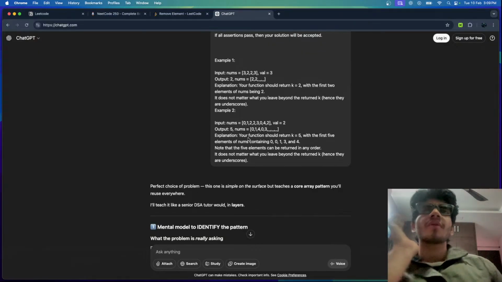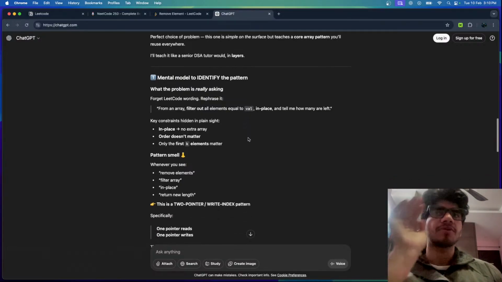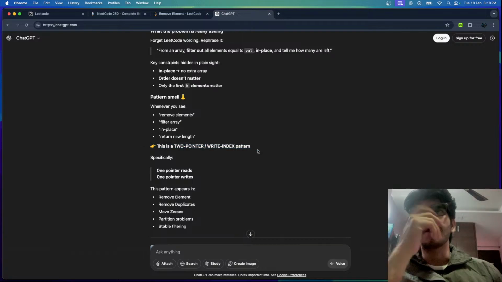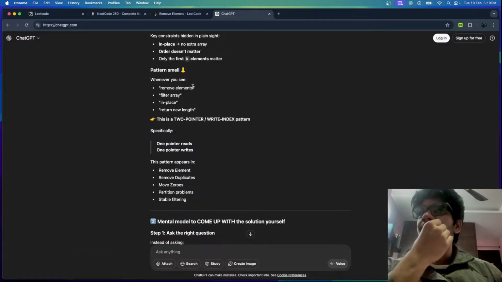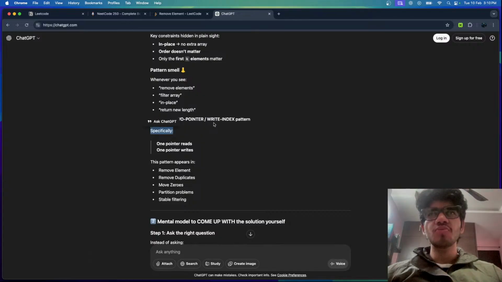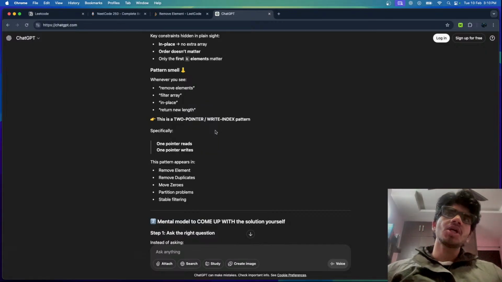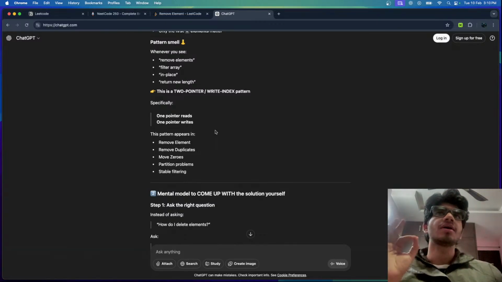Now, what I do not know about this problem is how to identify the pattern, and that's what ChatGPT is trying to tell me. To identify such a pattern, we need to somehow see places where remove elements, filter array in place or return movement, that kind of things are shown. There may be a two pointer or read-write index pattern visible. This is what has been told until now,